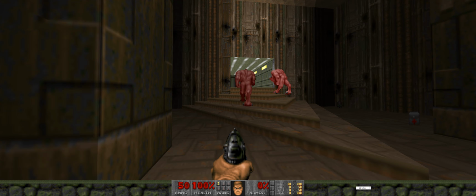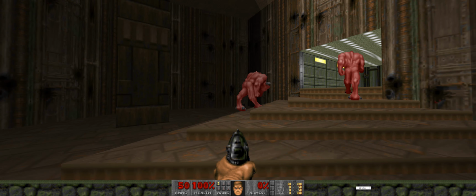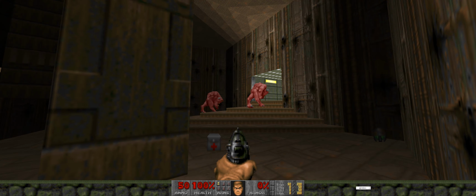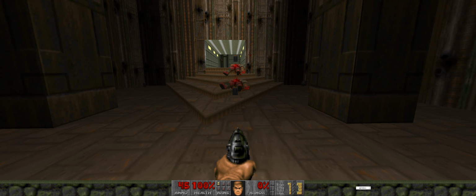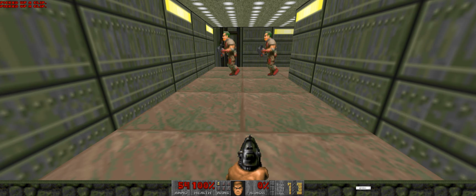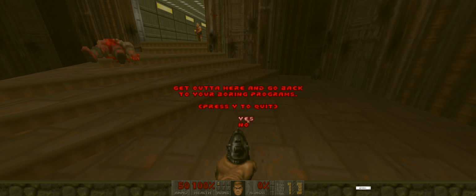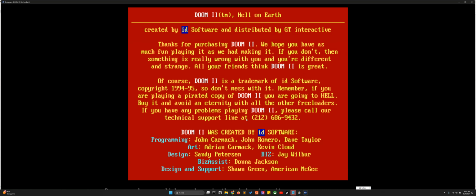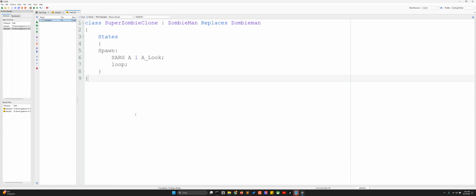But it's just an initial state, because they remain zombies. If I wake them up, they will be substituted by zombies, and so everything will go on like this. So this means that everything is fine, and we have created our first ZScript in this pk3